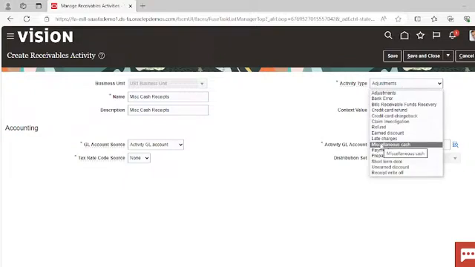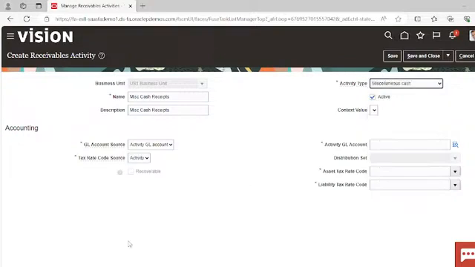Let's take it as miscellaneous cash. In the GL account source we are taking it as account activity GL account. In the tax rate code, if you are taking it as activity, then you have to mention the asset tax rate code, liability tax rate code. So in my case I am taking it as none,